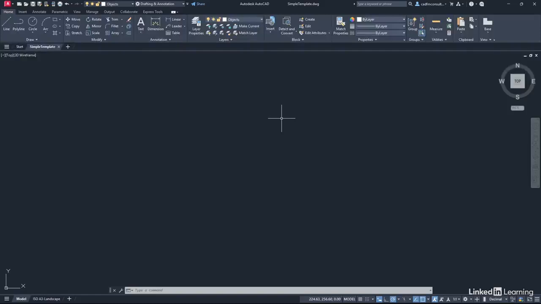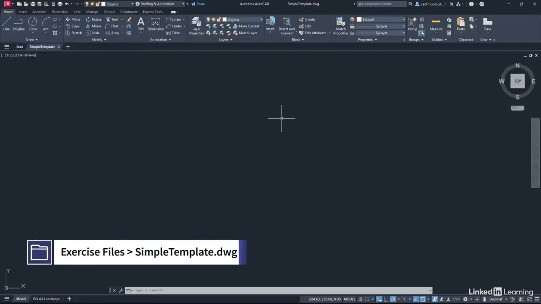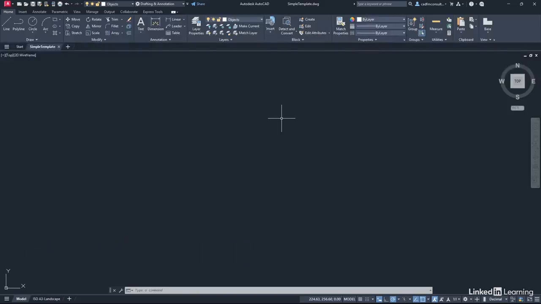So what we're going to do, we're going to look at some settings in a DWG file. Then we're going to save it as a DWT file, and then we're going to open up a new drawing from that template so that you can see how it works. The drawing you need to open up from the library is called simple template.dwg. So make sure you've got that downloaded from the library, open up the file, and you'll see on the screen